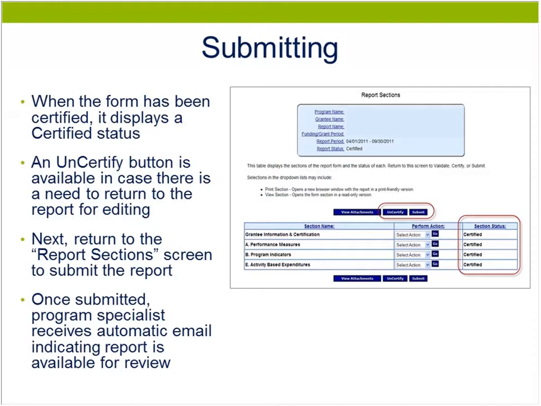Only the person with the appropriate role will be able to see the submit button. So if you're the data entry person at your organization, you might be able to enter all the information and certify the report, but the authorized official or project contact at your organization may be the one that has to submit the report. You'll see highlighted on this screen the submit button that you'll select once you're ready to submit it to your program specialist, and it's also highlighted that uncertify button that I just mentioned. So if you find at the last minute that you need to make an edit, you'll uncertify, make the edit, recertify, and then you can